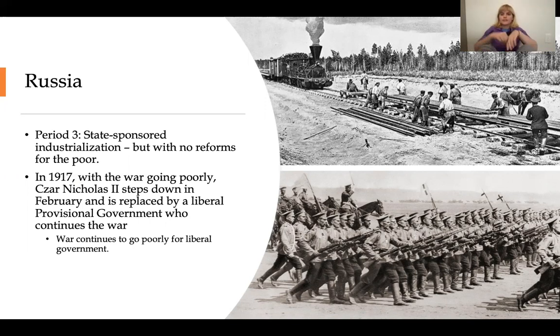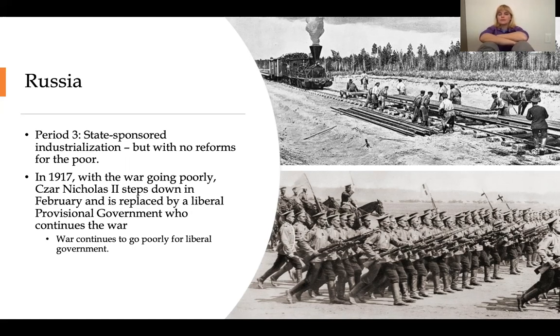So as we said, Russia joins the war in 1914. And Russia had some really good moments, right? Because they mobilized so quickly, Germany actually was not able to beat France with the Schlieffen Plan, so that's good. The problem was that the war is going very poorly, all right? As in most wars, Russia is getting destroyed. Even though they have a lot of citizens, a lot of population, they just can't hold on.